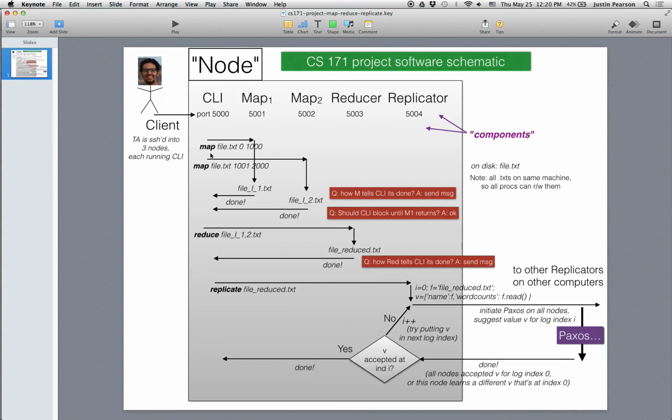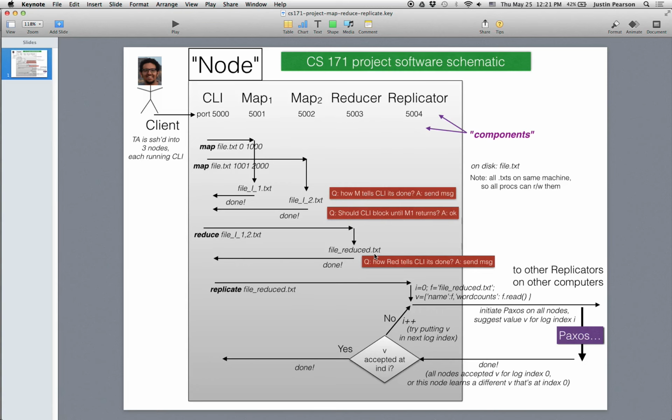And in that command line interface, you'll say things like, I want to map this file, and the command line interface will send the first chunk of that file to the first mapper, the second half of that file to the second mapper, and they're going to essentially append these 1s to the words and then write them to these intermediate files. Then from the command line interface, the user will say reduce of these 2 intermediate files, and the reducer will read these 2 intermediate files that you listed here and produce another file which is like the dictionary of